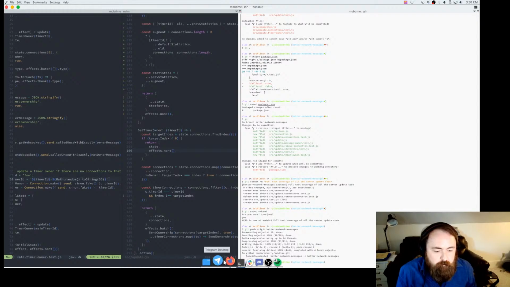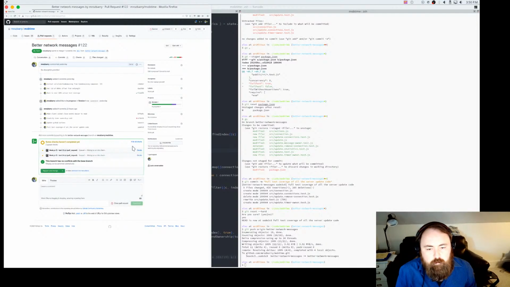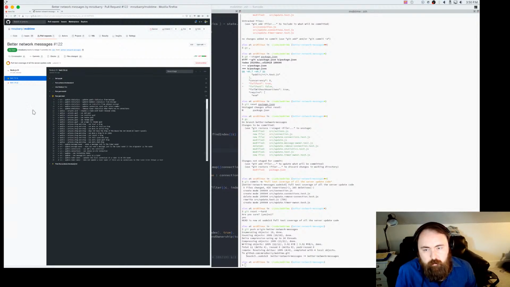So if I go back over here in a second, these should pop up. And I guess we'll watch node 12 because that's what I'm using. I'm testing with node 14 as well because I think that's going to be my eventual migration path because that'll be the next LTS.